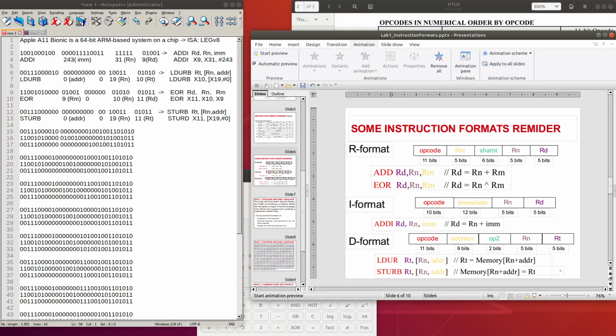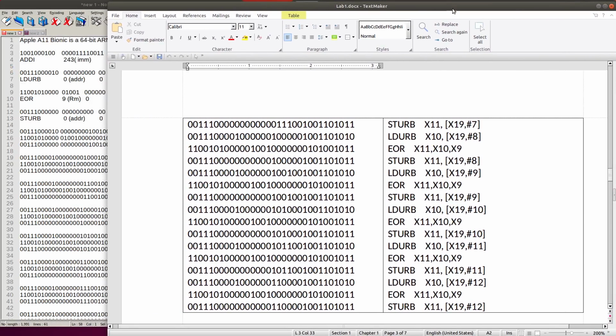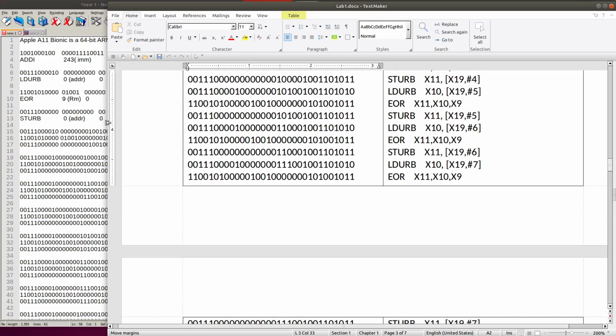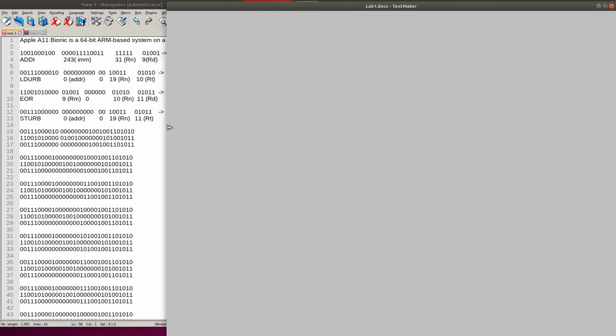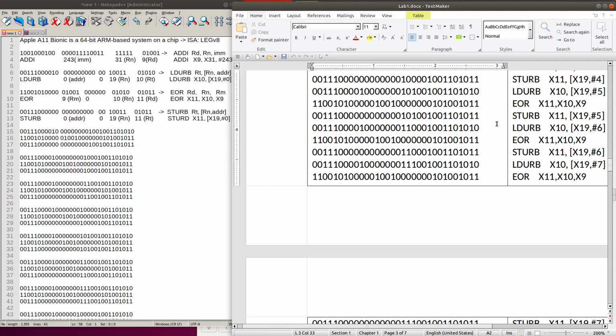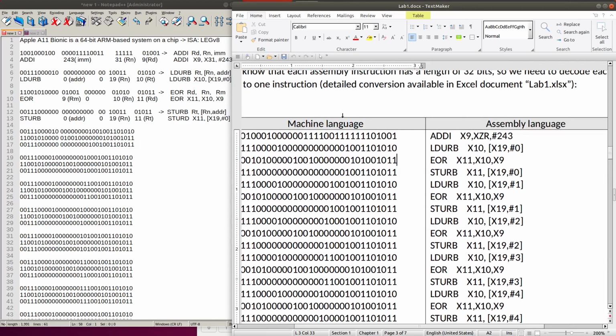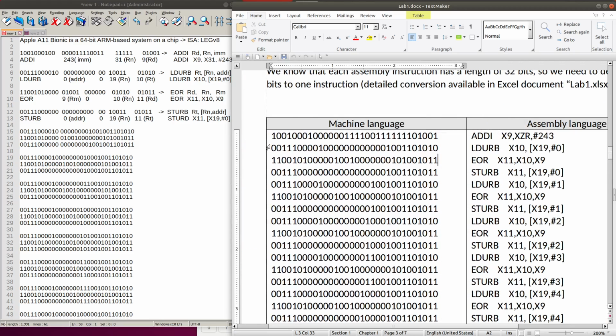And if we do this with all the instructions, we will find the code for this binary sequence. This will be the machine language, 32 bits for one line of code.